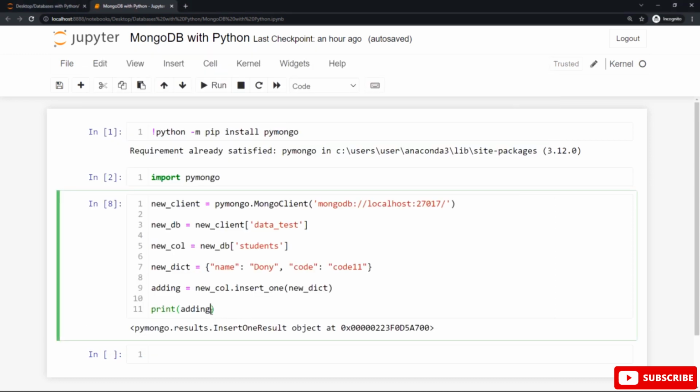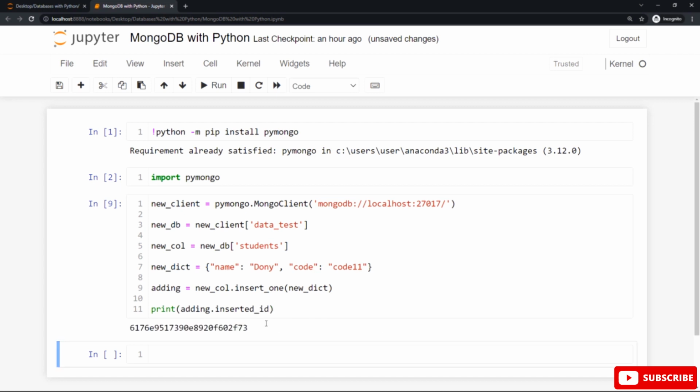Also, by using the variable name adding that refers to the insert one method, you can use this property inserted ID inside the round braces of the print function and hit shift enter, and you will get this output.